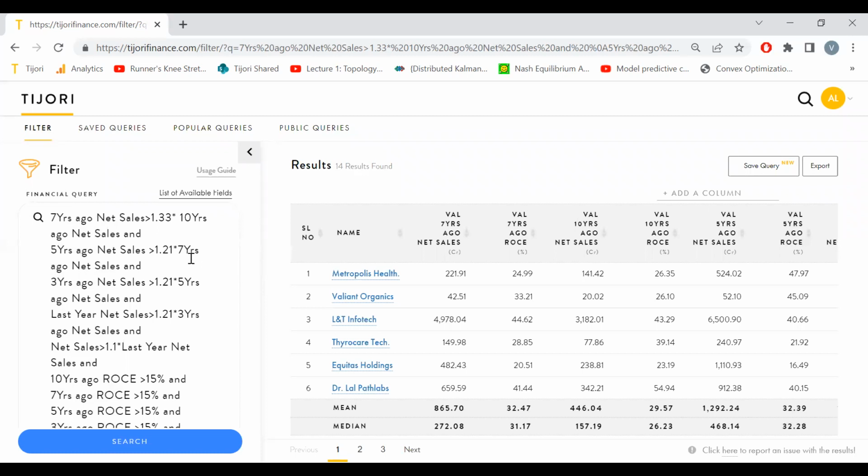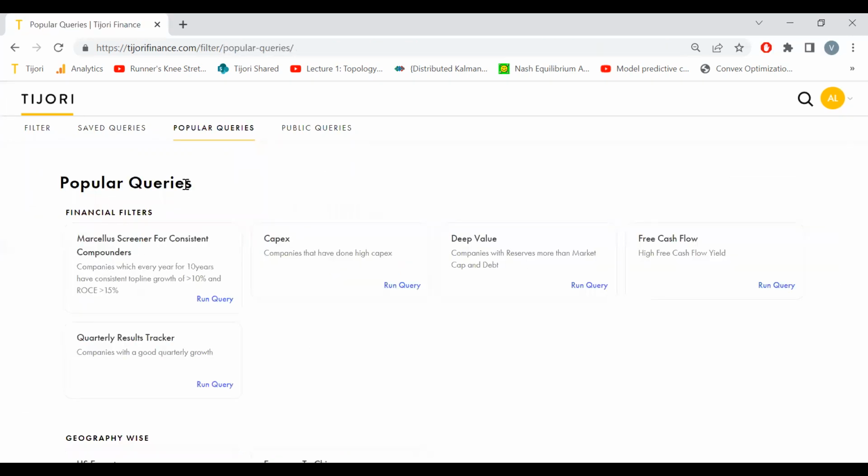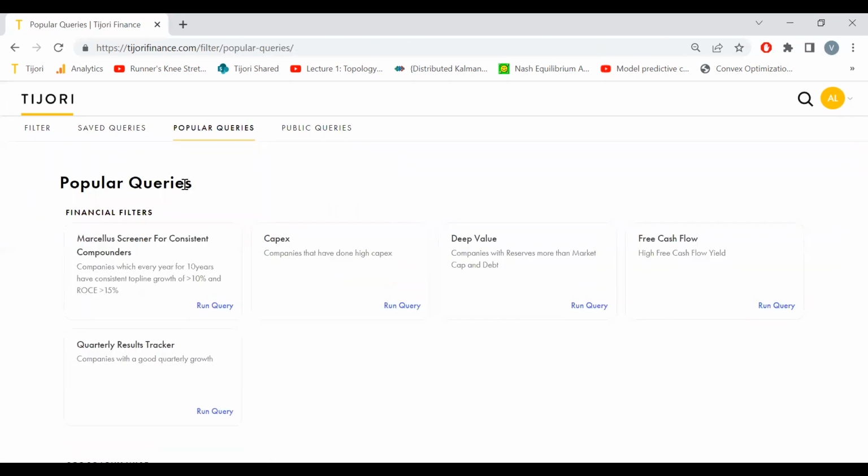Of course, this filtering is available in a lot of other places. One differentiator that we have here is, because we structure unstructured data, you can filter on not just financial data, but even business data. I'll give you a concrete example.